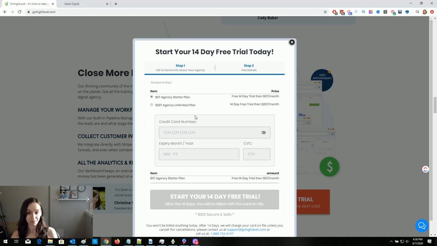Now, after you sign up for the plan, you're going to get an email to the email that you used in step 1 with your password, okay? This is super important. I have a lot of people ask me, what's my password? So make sure you check that email. Now to log in, you're going to go to